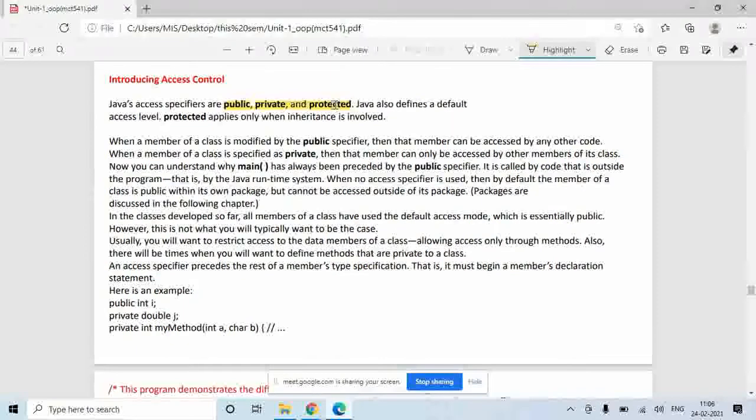And protected is accessible from within the class and from the child class, and it is basically used when we perform inheritance. We will study protected in detail when we study inheritance. As of now, let us focus on how to use public and private.